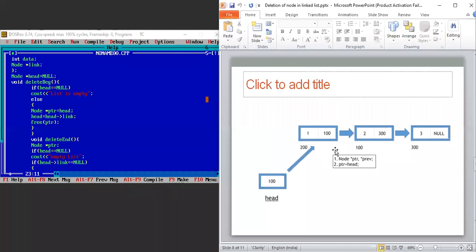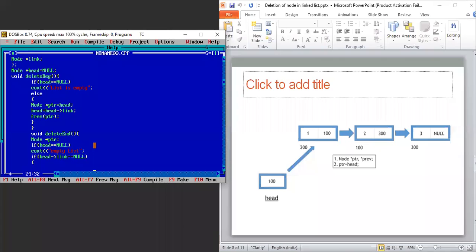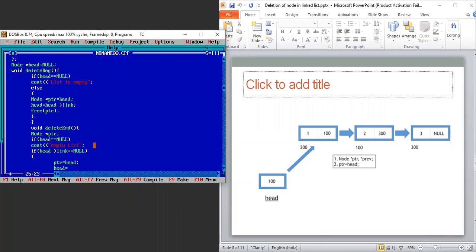So it will work like this: this particular list has different elements over here. But in the code part, we have to consider all the cases. If we want to delete the node at the end, we first need to check whether the value of head is null, which means it is empty. And if that particular list has only one node, then how can we delete that particular node? Okay, so again we can write here PTR equal to head. So we will assign the value of head to that particular PTR, and then head equal to null.